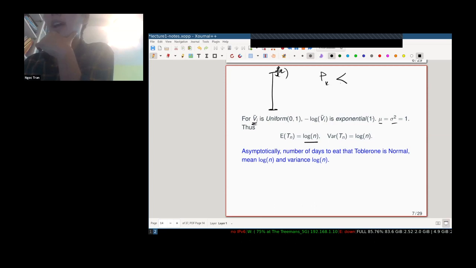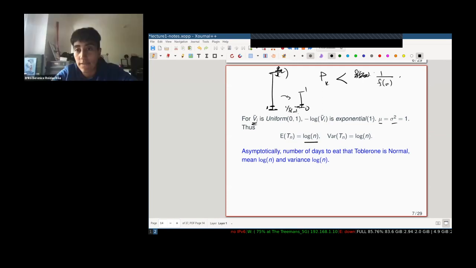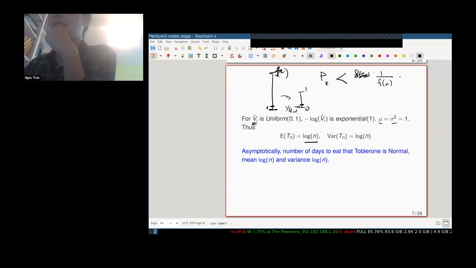I'm just looking for the time at which I go below this function of n, something like 1 over that. So you have to figure out 1 over f(n), because the size of one of your bites is 1 over f(n) once you normalize to 0, 1. So you can look at this and go, okay, I look at T_n, how many